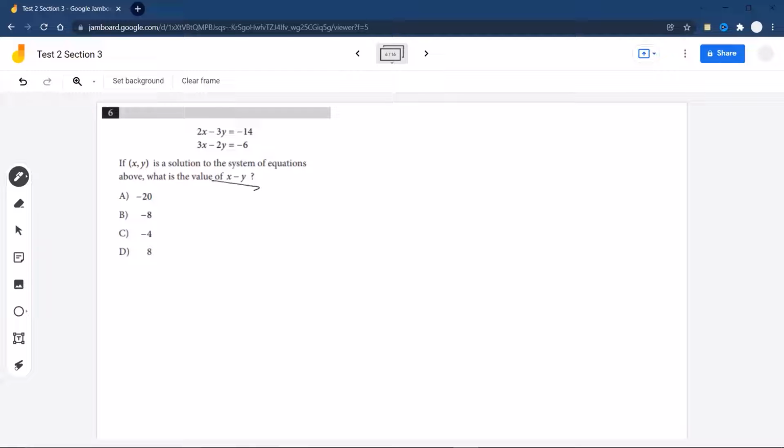Let's see here. So basically, in order to find the value of x minus y, we have to solve this system of equations, right? And so we're going to do that using a technique called substitution, which you may be familiar with. So the first thing I'm going to do is isolate y on its own, right? So we'll get 2y is equal to 3x plus 6. We divide both sides by 2. We get y is equal to 3/2